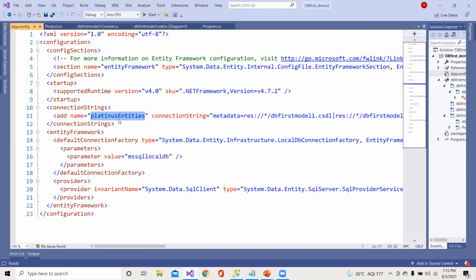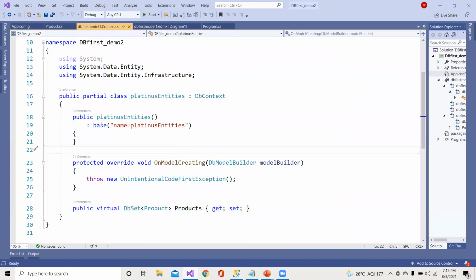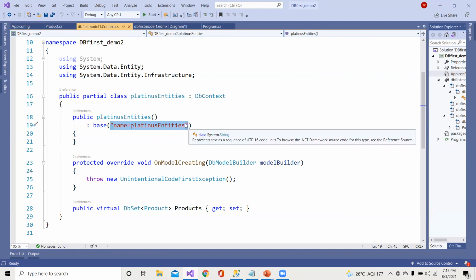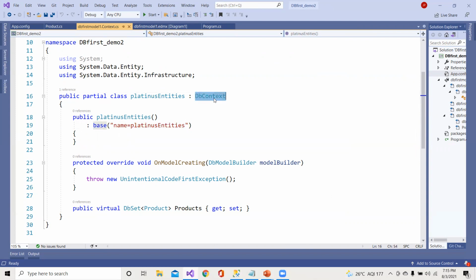The name of the connection is Platinus entities. If you go to the Context.cs file, here we have a constructor which refers to our connection, that is Platinus entities. So base(name=Platinus entities) will refer to the DbContext constructor, in which one of the parameters is the connection.